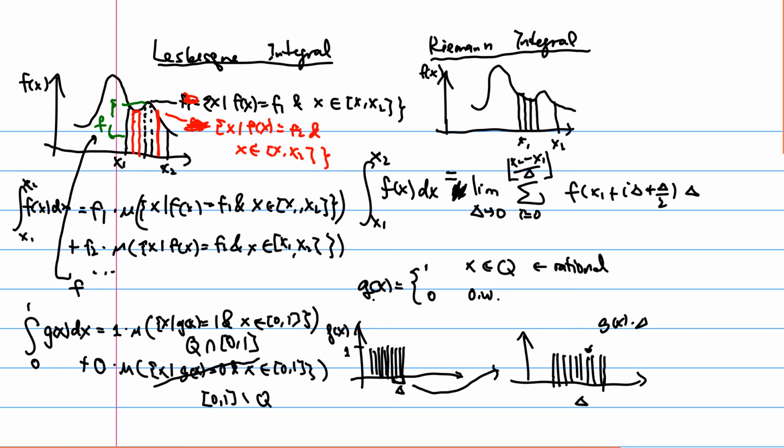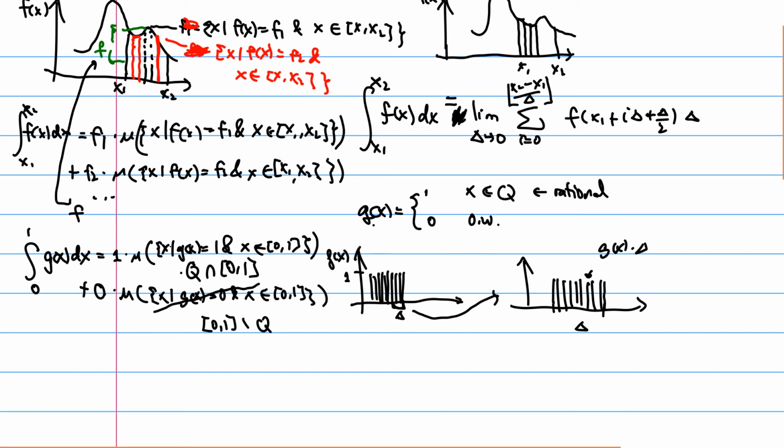So the question now is only: what's the measure of the rational numbers between 0 and 1? We'll argue that the measure is simply equal to 0. If you think of the measure of the interval from 0 to 1, of course it's just the width from 0 to 1, so it's equal to 1, right? But this is also equal to the measure